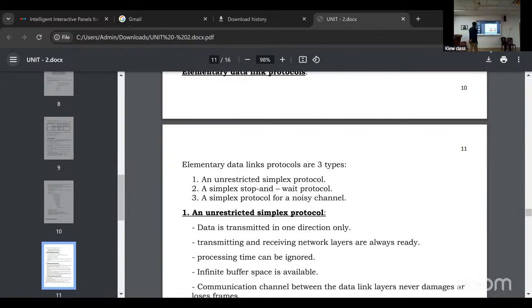There are two sublayers here. Note down, I will ask tomorrow in class compulsorily in front of everyone. Logical link control, and the second one is medium access control. Transmission media comes under the part of the physical layer. The layer above the physical layer is the data link layer, which contains the medium access control and logical link control. In your syllabus, third unit, we have MAC, medium access control.